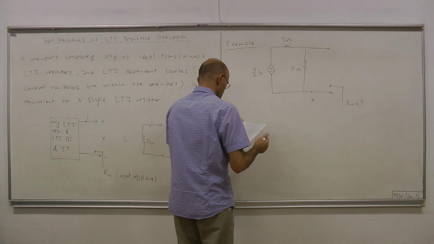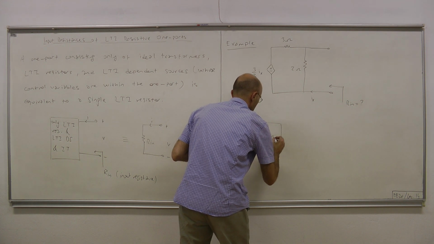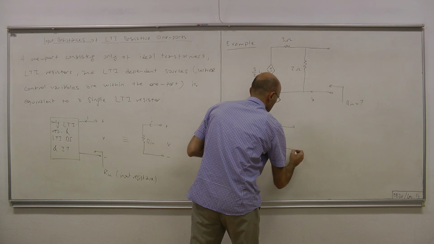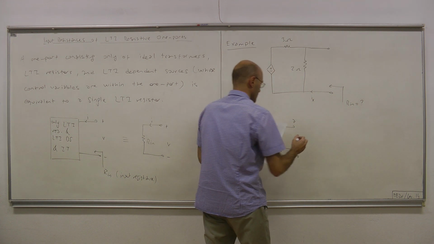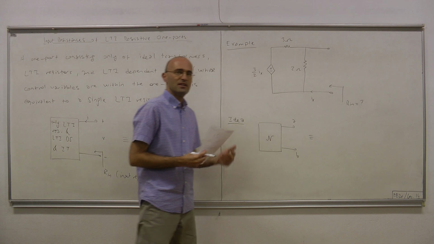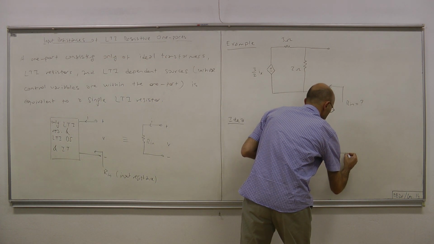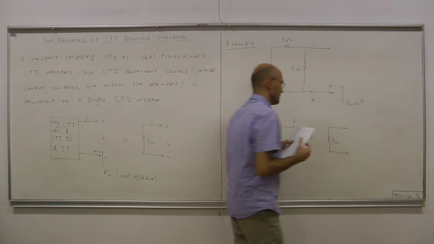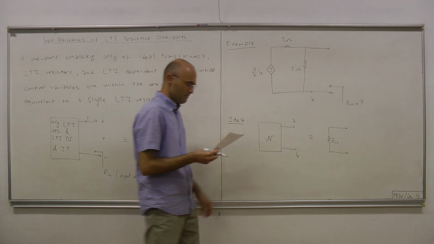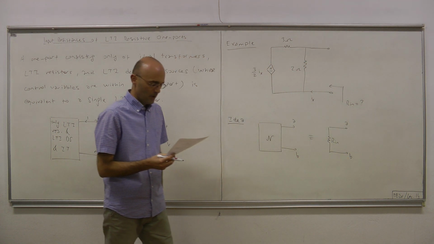The idea is the following: if this one port, let's call it N, with terminals A, B, is indeed equivalent to just a single resistor whose resistance is something, R_N,AB, then